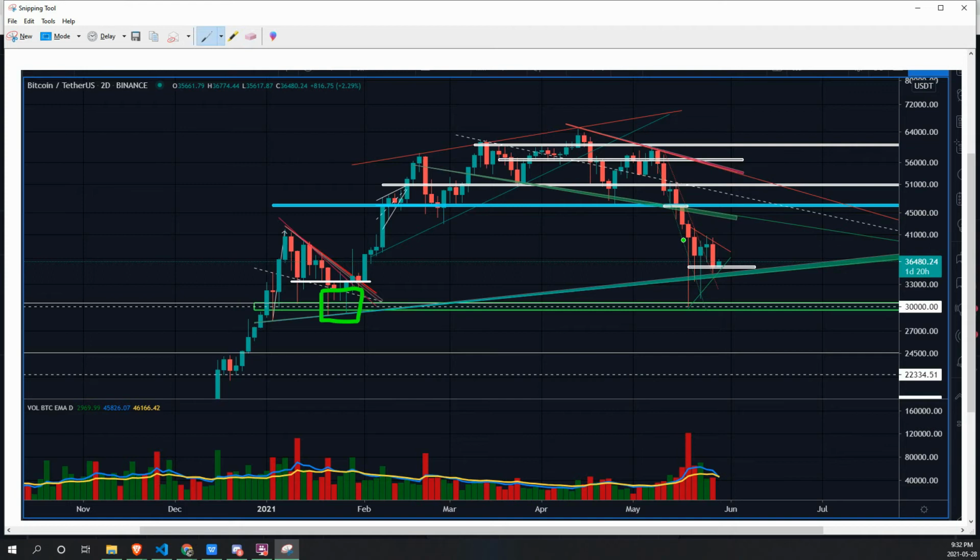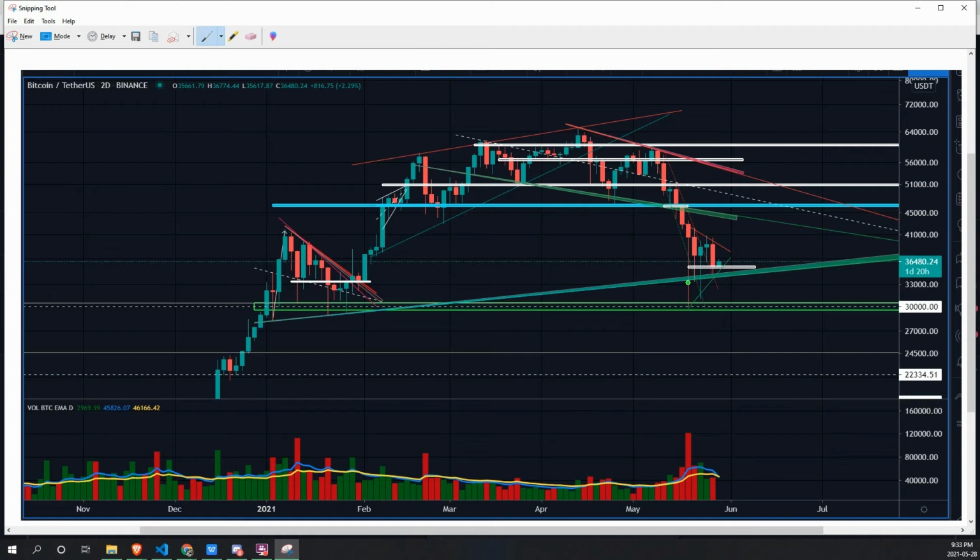Wicks to the downside, meaning price moves all the way down here, but within that same 2-day time frame, the bulls were able to bring it right back up very close to the open of the candle, indicating buy pressure coming in and buying up the low, pushing it right back up because they know that it's going to continue, or they have high conviction that it is going to continue. And I am on that boat as well.